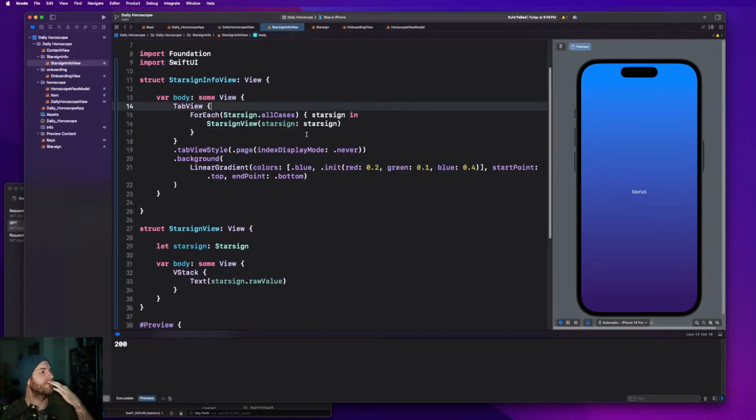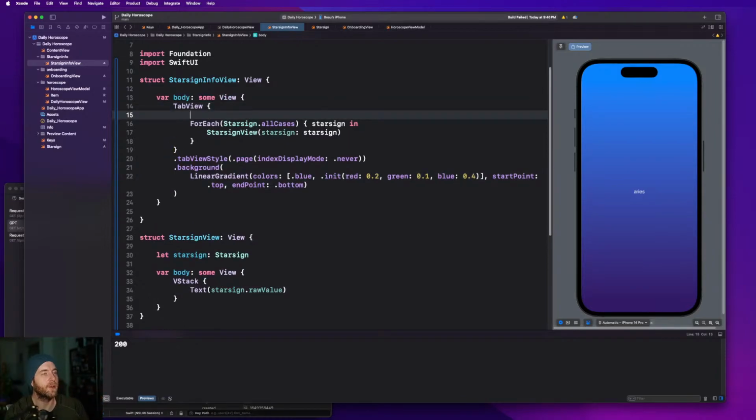Because we've got this background here, it'd be nice if we could understand what the offset is for the tab view, what the selected tab view is, and then maybe we can animate slowly. We can get the ID maybe, and we can push a background image. We can offset it based on